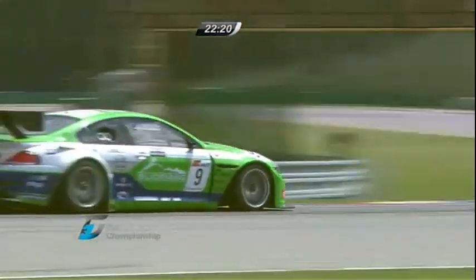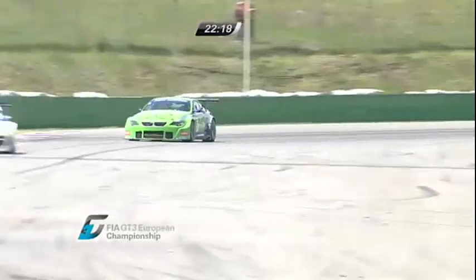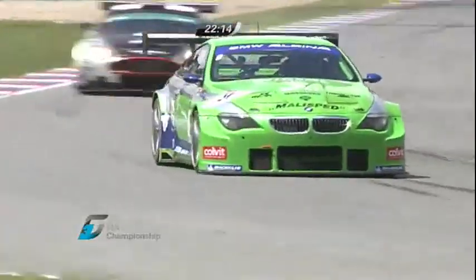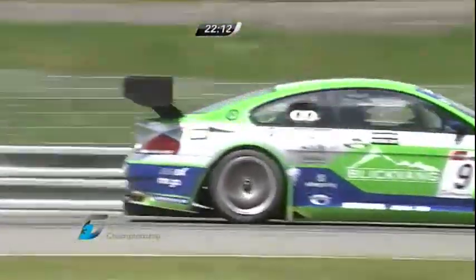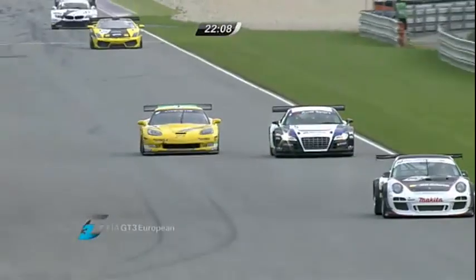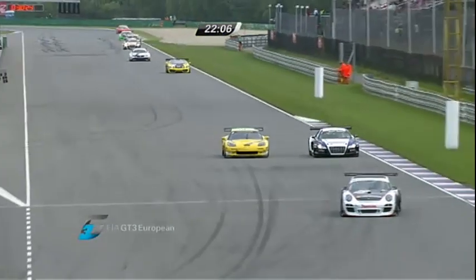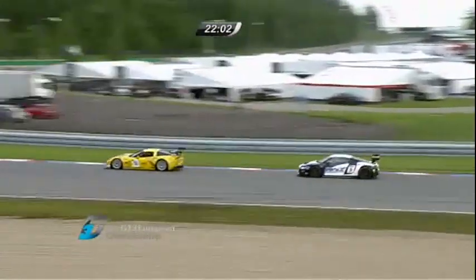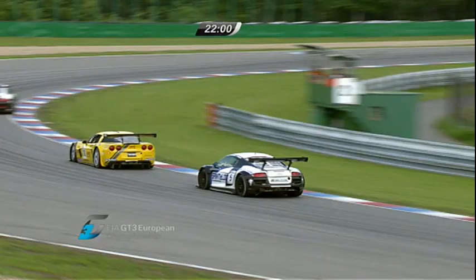at the moment. We'll correct that in just a few moments' time, but with 22 minutes to go, what I would say is that the Ferrari is way out in front, and it's his race to lose from here on in. That's the 87 Chad Racing car. Now, Corvette and Audi on the track, and the Corvette got past originally around the outside, and now has to